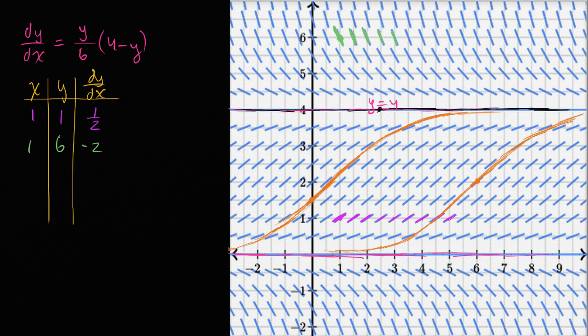Now, what if we included points, what if we included this point up here? And actually, let me do it in a different color so that you could see it. Let's say our solution included that point. Well, then it might look something like this. And once again, I'm just using the slope field as a guide to give me an idea of what the slope might be as my curve progresses, as my solution progresses. So a solution that includes the point (0, 5) might look something like this. And once again, it's just another clue. A solution that includes the point (0, -1.5) might look something like